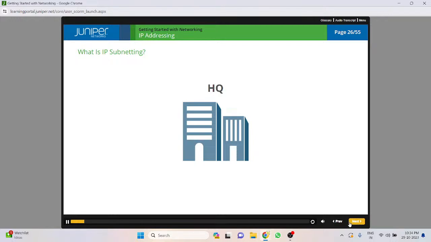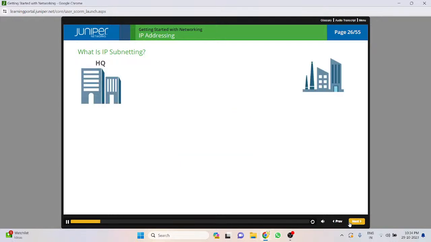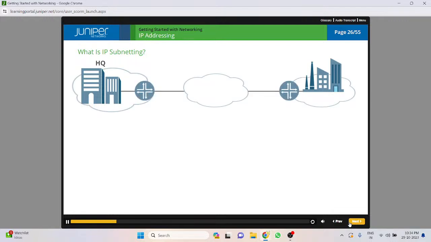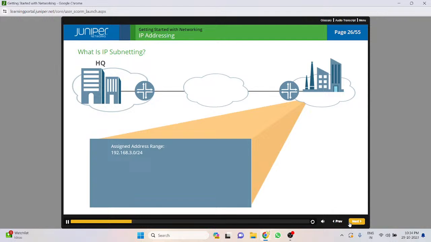When we last visited the Acme company, they were growing their network, expanding into several buildings on a single campus. Now they've decided to build a new manufacturing facility in a different area of the country. Let's say that you're the network manager at the new location and you're in the process of developing your IP addressing scheme. You have been assigned the address range of 192.168.3.0/24. This CIDR notation, also known as a CIDR block, represents the address range